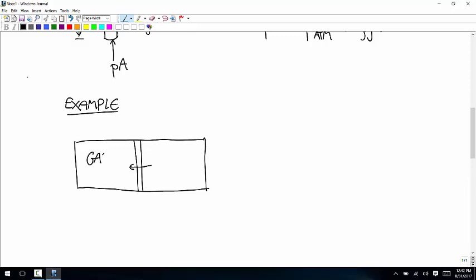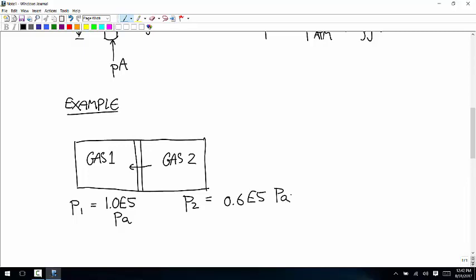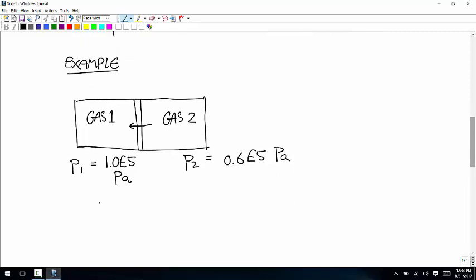We have a gas over here and a gas over here. And let's say the pressure in gas 1 is 1.0 times 10 to the 5th pascals. The pressure in gas 2 is 0.6 times 10 to the 5 pascals. And let's say that those constant pressures are maintained